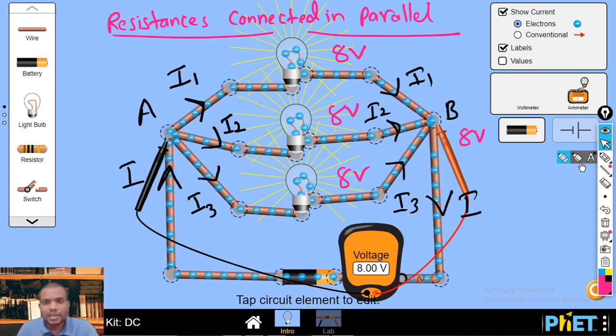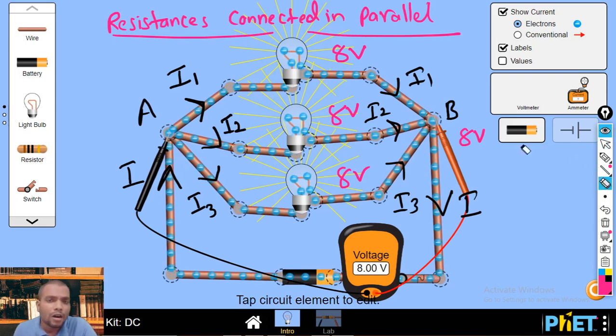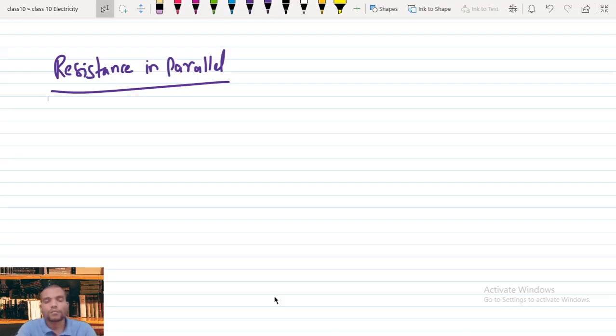So in this case, how can we derive the resistance value? The total resistance in a parallel connection. Let us try to derive that. So the total resistance in parallel, suppose I take three resistances, so this is the first resistance,